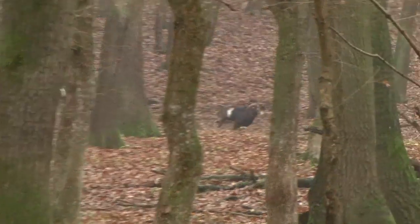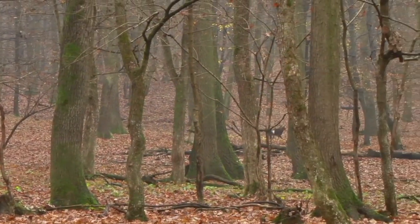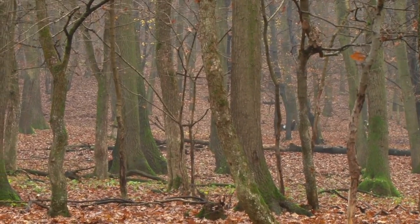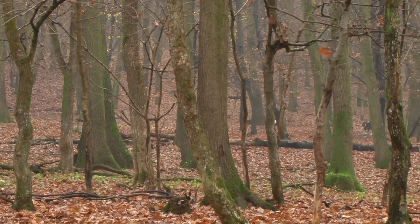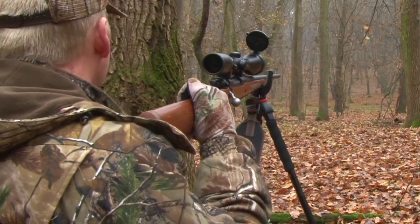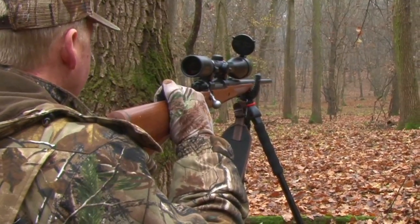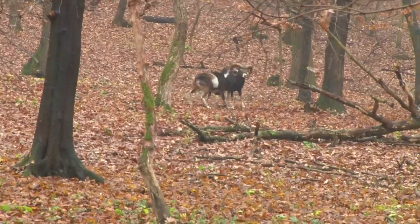There's 3 good rams sparring in the woodland. If we stay quiet and still and hidden as best we can, they may come our way. We wait and bide our time. Any movement could spook them and see them making a run for it across the forest. But by sitting still in our Realtree AP, we're concealed in the dense brown woodland. Our patience pays dividends,